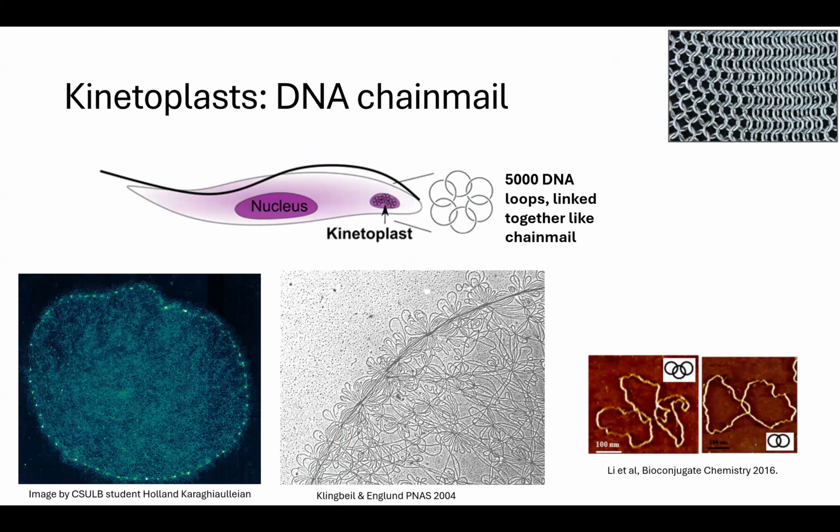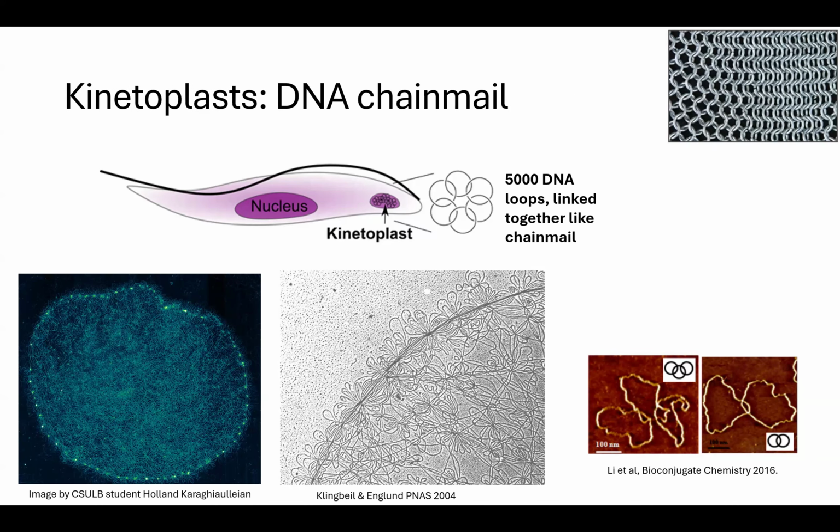It's best described as DNA chainmail, kind of keeping with that medieval theme. It's made of about 5,000 of these mini circles and a few dozen of these maxi circles, which contain the mitochondrial genes. And inside the cell, it looks kind of like a hamburger. If you remove it and isolate it and look at it with some kind of high resolution microscopy, you can see some very intricate structures where the different molecules meet, and you can image it down to the level of the individual topological links.